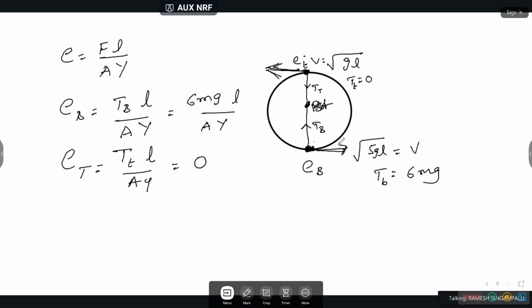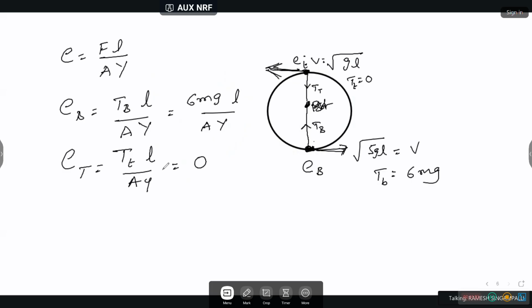Tt is equal to 0, that's why 0. So the ratio they are asking means E1 by E2. Suppose they gave some tensional value, then we can't do anything. What we have to do is simply take the ratio, E2 by E1, do it, that's it. Nothing more than that. Shall I go to the next board?